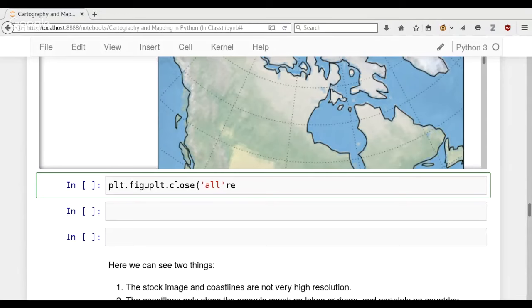I think it ran out of memory. But anyway, what I was going to say is that you can add ocean